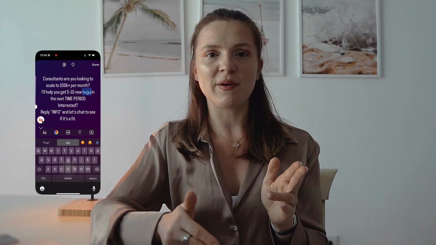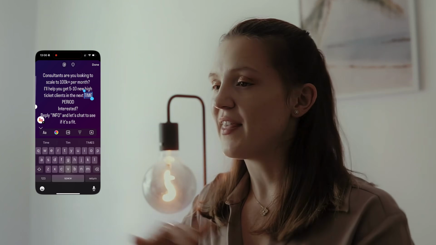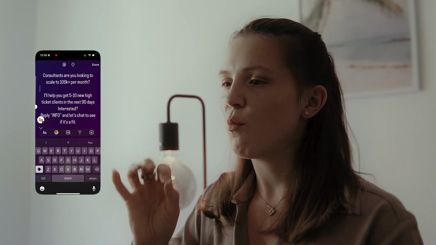Just use the create feature inside of Instagram, write the text on top of it, because the way that the algorithm works is if you have a ton of stories up and people are swiping away, that signals to the Instagram algorithm that your content isn't very good because people are leaving it. Whereas instead, if you have one slide up and people are engaging with that, it pushes your post up to the top of the stories algorithm, and then more people who are following you who don't usually see your stuff will start to see your content. And because it is a direct offer that you're putting out onto your Instagram, it means that people who don't usually see your stuff will see it, and thus there's more opportunities to generate more clients from Instagram.